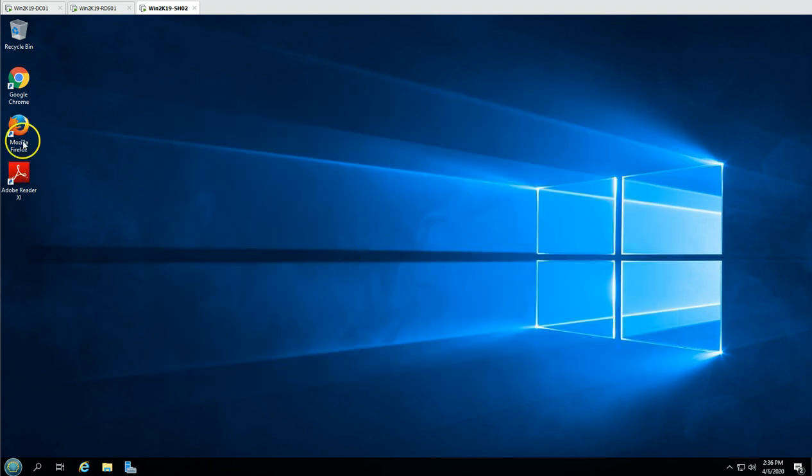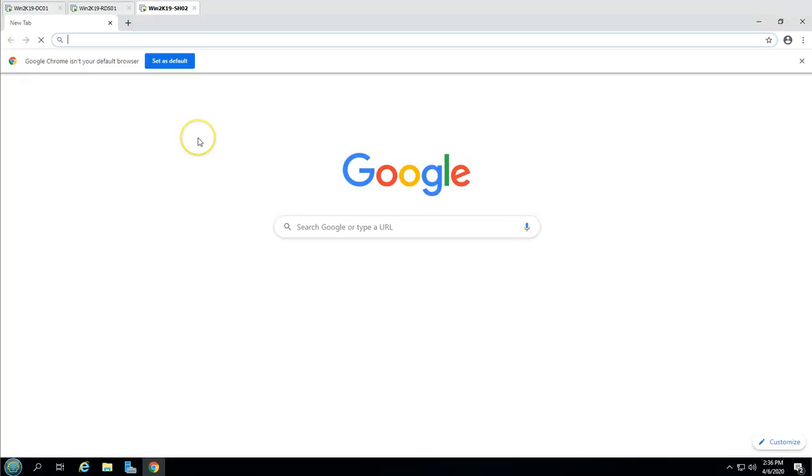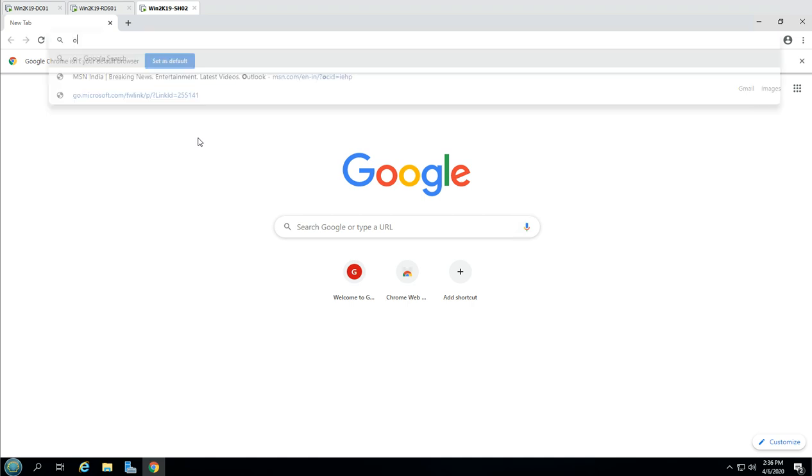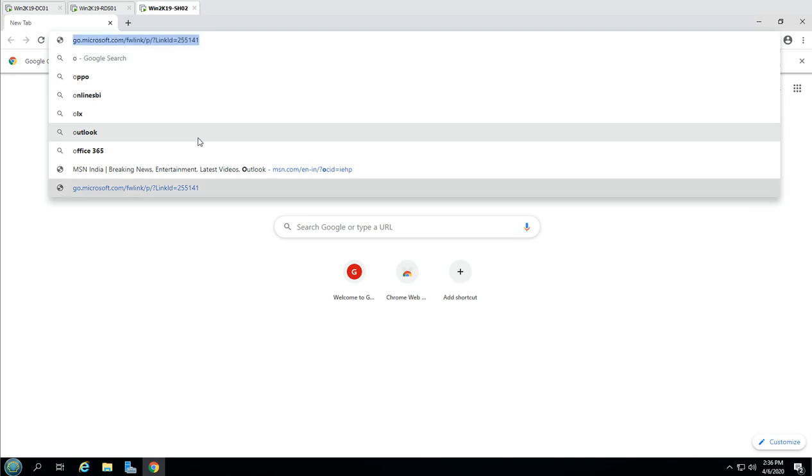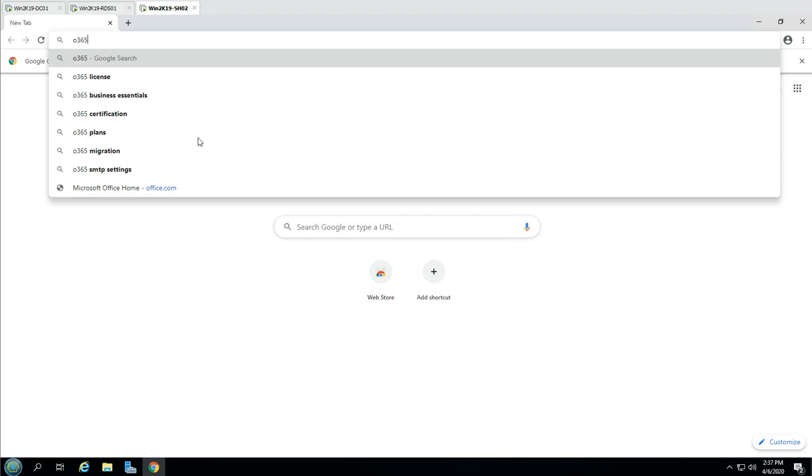To do this, I'm going to open a few links here. I'm going to show you an easy way how you can customize the installation and how you can get the offline download files. So I'm going to type Office 365. You can type Office 365 offline installer